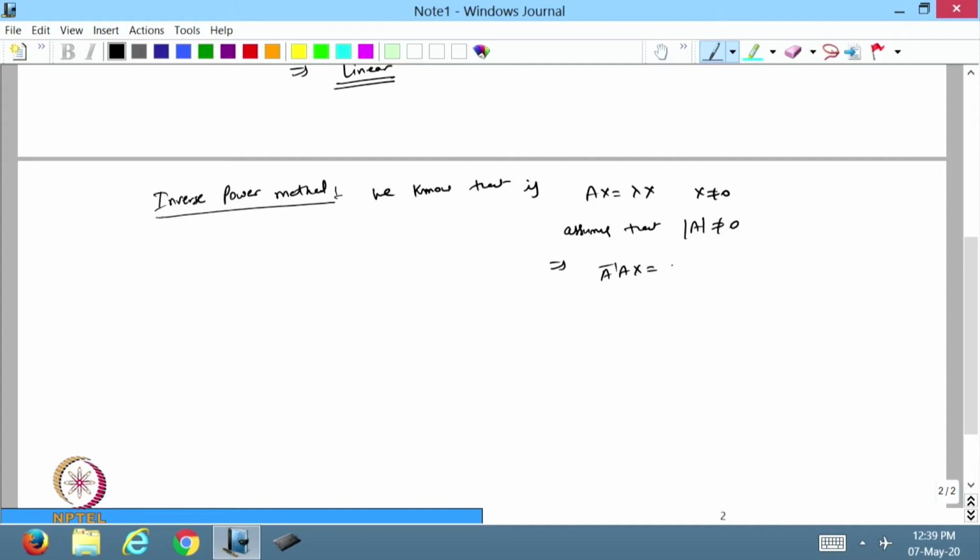So, I will get lambda A inverse x, and this will be the identity matrix. From here I can write A inverse x is 1 over lambda x. So, now from here I can see that if lambda is the eigenvalue of matrix A, then 1 over lambda is the eigenvalue of the matrix A inverse with the same